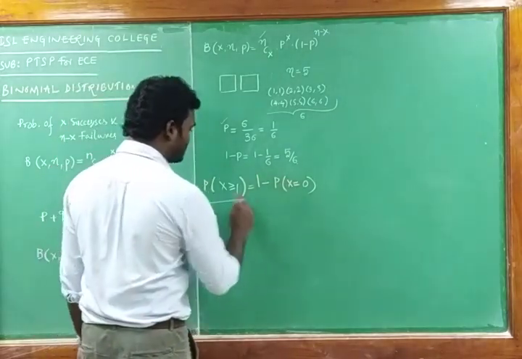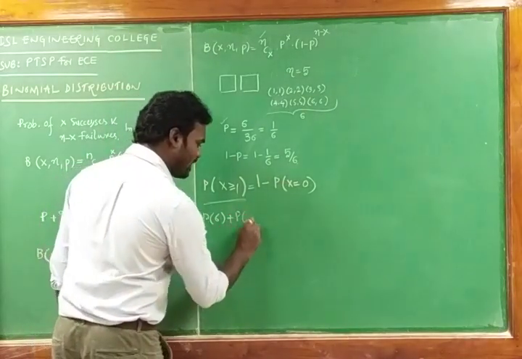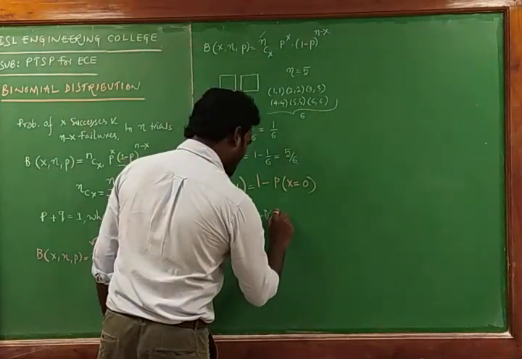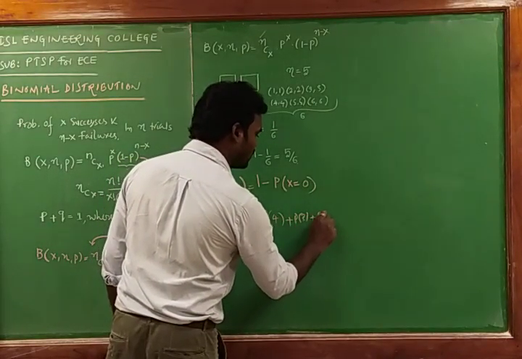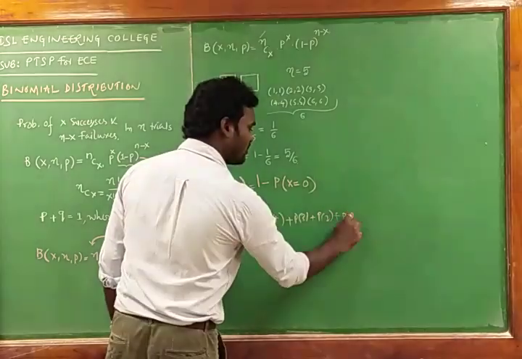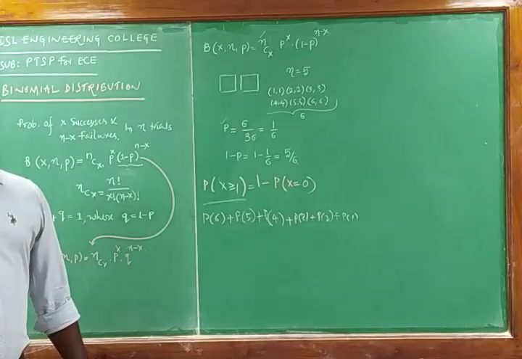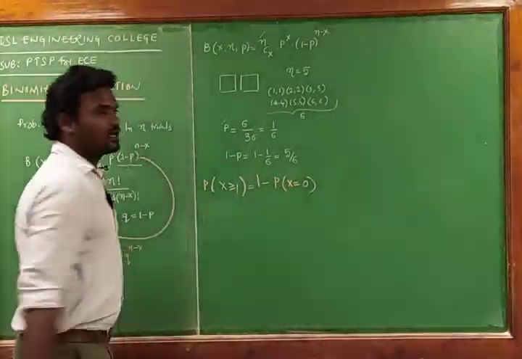This is describing us that probability of 6 plus probability of 5, then probability of 4 plus probability of 3 plus probability of 2 and the probability of 1, and this is probability of 1 minus probability of 0, so that by making use of this one you can solve the problem.